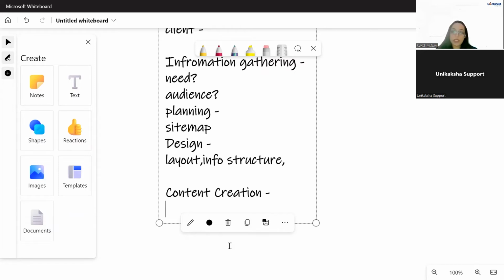Now when you have the real content, you start putting that in, and typically it's up to the client to provide the content. So the content that needs to go over there, that's the client's responsibility, right? What they need over there. And because content creation can be done throughout the rest of the web development process, the content should be ready as soon as the design phase is finished. So as soon as you're finished designing the whole website, the web app, your content should be ready so that it can go up on the website.